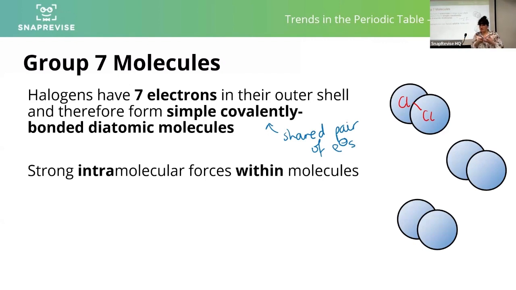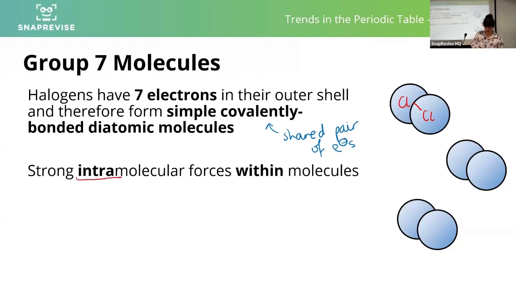These bonds, these covalent bonds, are very strong. So chlorine molecules, halogen molecules, if they are our elemental molecules, so just made up of the same atom bonded to itself, or bonded to another one of the same atom, these have very strong bonds between them. Covalent bonds are strong. So they have strong